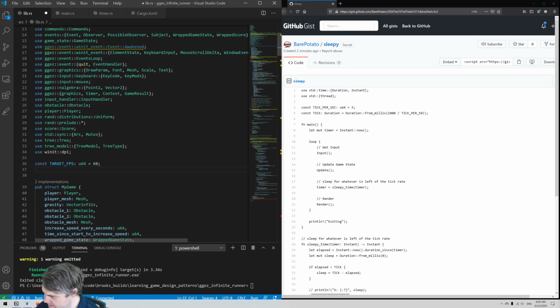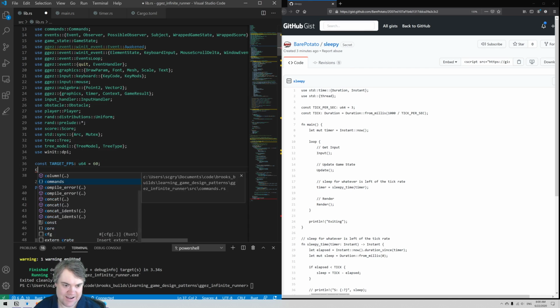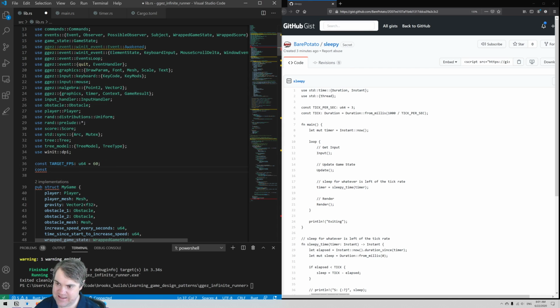You just feed it milliseconds for your sanity. Yeah, that makes sense. All right, so const, then we're going to have FPS. I guess this is really like the target FPS duration. So target FPS duration, which is a,